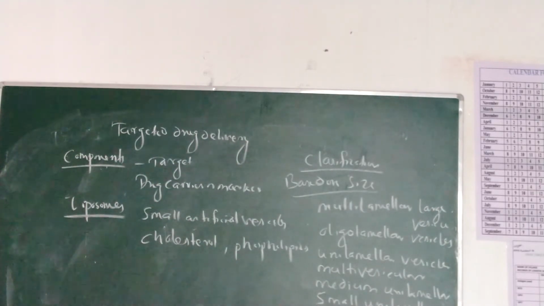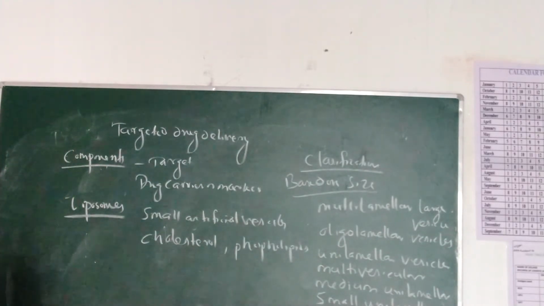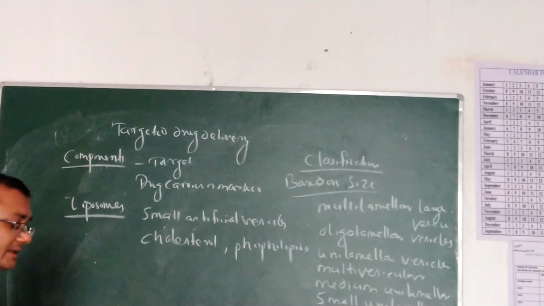As per method of preparation also we can classify them: vesicles prepared by extrusion method, by French press, vesicles prepared by fusion, vesicles prepared by reverse phase evaporation, frozen and thawed MLV, and dehydration and rehydration vesicles. So different types of liposomes are classified as per their method of preparation.